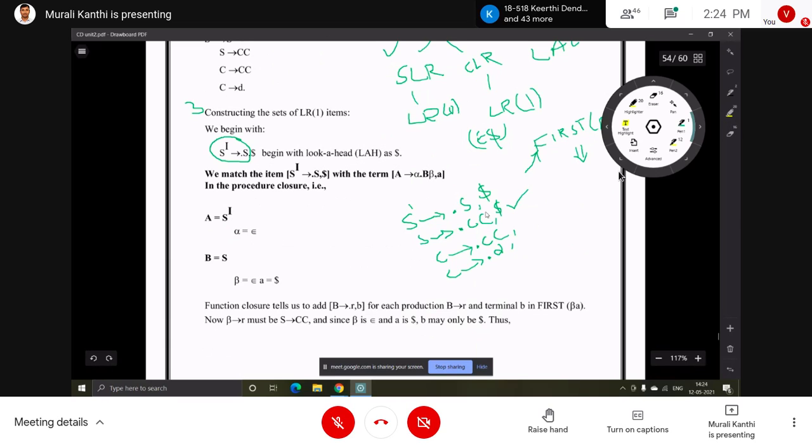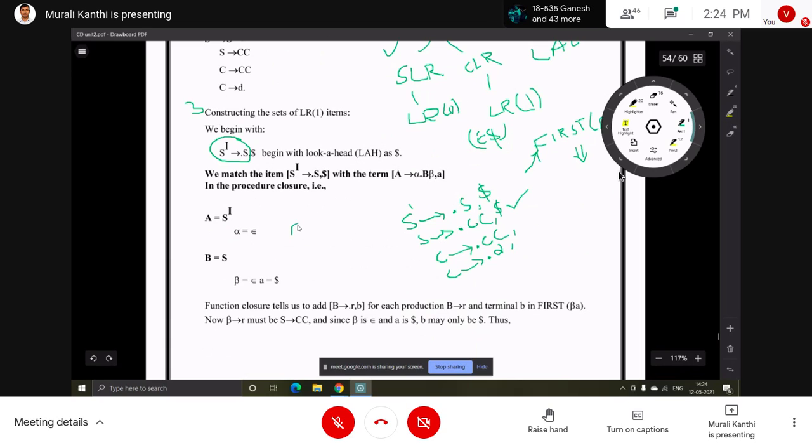Now again we have to compare with the general form. Here A equal to S, alpha equal to epsilon, B equals C, beta equals C, A equals dollar.